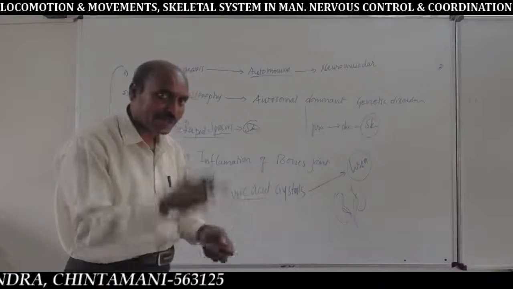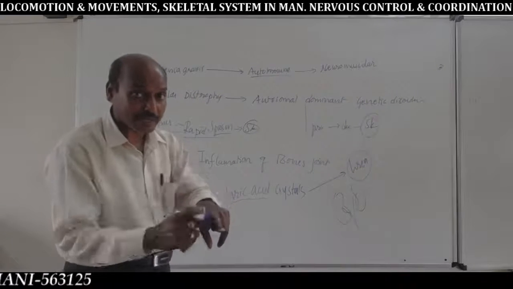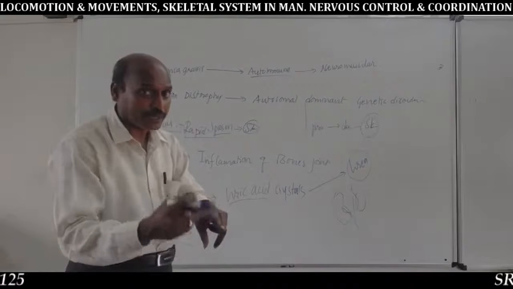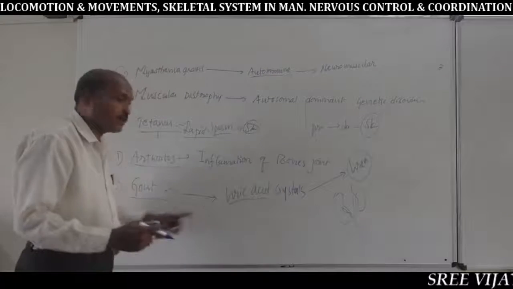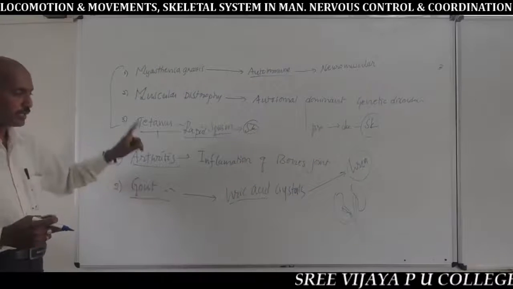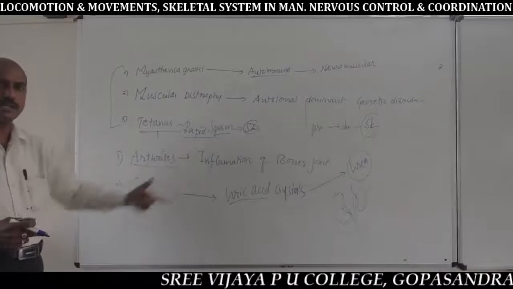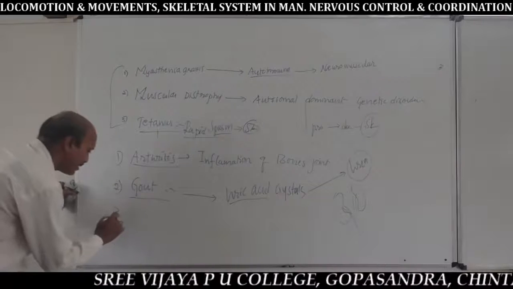Such uric acid crystals circulate through blood vessels and are stored in the bone joints, then lead to inflammation. Such a kind of bone disorder is called gout disorder. So it is caused due to accumulation of uric acid crystals. And the last one is